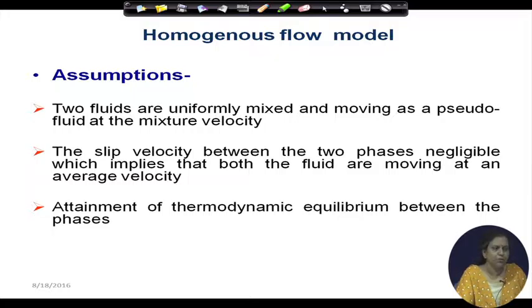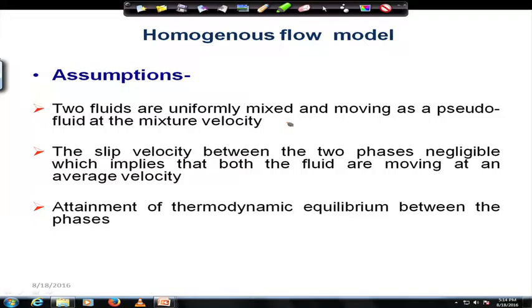Now, in this particular model, as we know, what do we assume? We assume that the two fluids are uniformly mixed and they are flowing as a pseudo fluid at a uniform mixture velocity. Now, what does this imply? This implies that UL, it is not ULS, it is UL, is equal to UG,